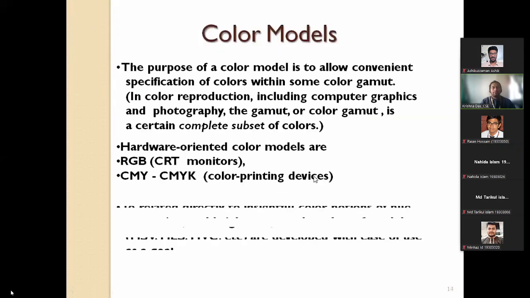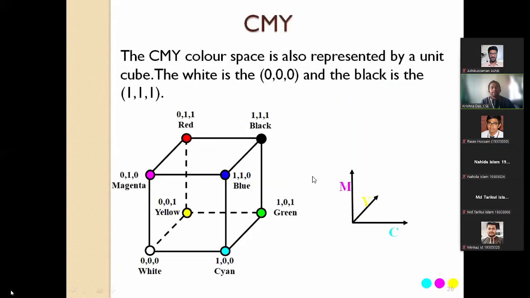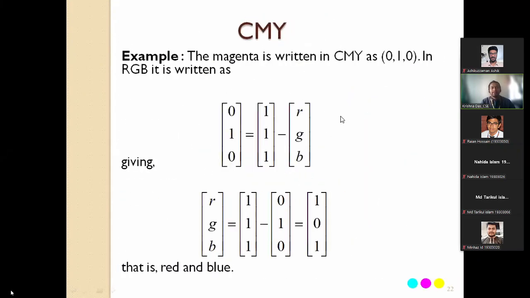Then the conversion between these two models can be important for a question. Again, in the question it may say identify the color or explain the color in the color space as well.